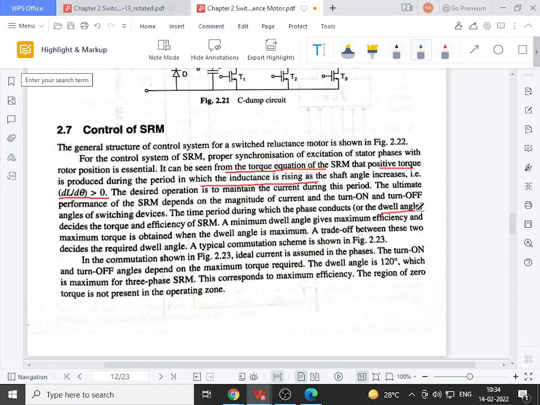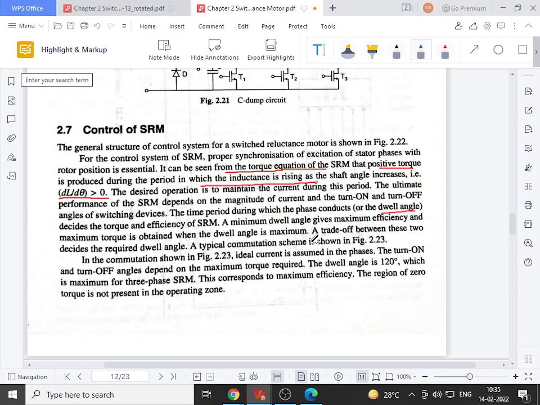Okay, so maximum conduction angle is 120 degree, minimum conduction angle is 0. So there will be 0 to 120 degree conduction. I think you have learned that particular conduction, 0 to 120 degree, 0 to 180 degree conduction in inverter circuits, power inverter circuits. Okay. So the minimum dwell angle generally gives the maximum efficiency in case of SRM, whereas the maximum dwell angle generally gives the maximum torque. So whenever dwell angle or conduction angle is minimum, at that time we obtain maximum efficiency. Whenever dwell angle is maximum, at that time we obtain maximum torque.